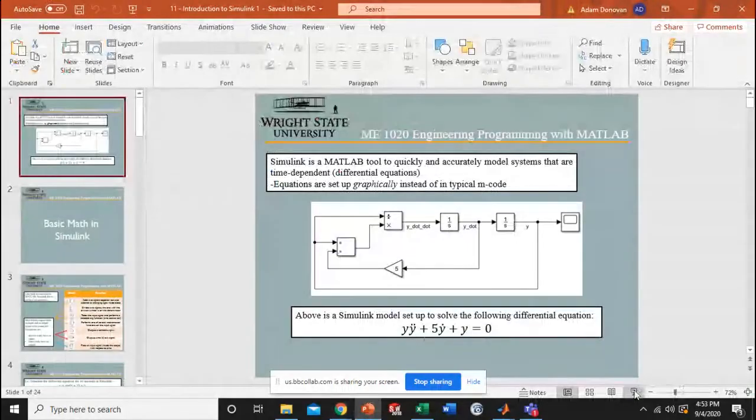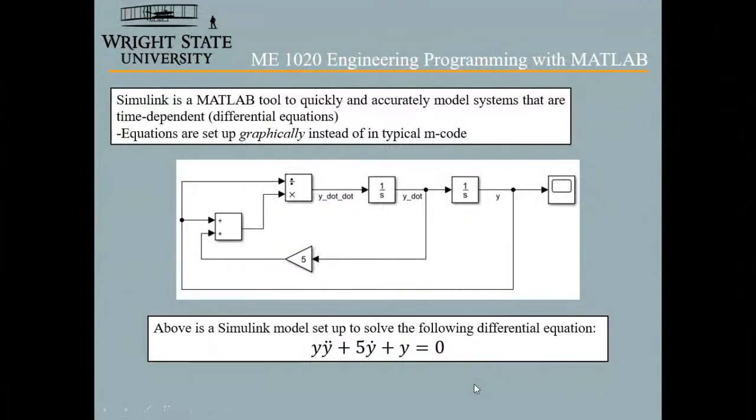Okay, so now we're going to shift gears entirely and start to look at something that's going to be pretty foreign to you all, I assume. And so last week we started talking about how to solve differential equations using MATLAB. And so I want to show you another way to do this, and it's actually a very powerful tool that's in the MATLAB toolbox. It's called Simulink, and Simulink is a graphical